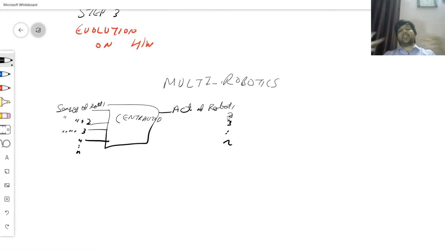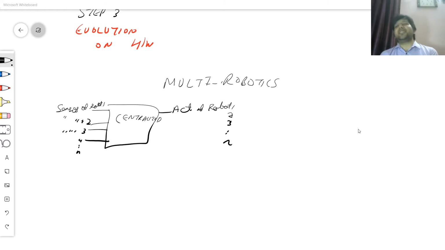All of them give their sensor reading value on a communication channel on a central server. So all of them shoot all their sensor readings, all the sonars, all the light detectors, all the microphones, they all give it on one central server. That server takes all the sensor readings and tells what each and every one of the robots needs to do on the actuator channel. So one system does everything, and therefore it will behave exactly the same as always. So the evolution will remain the same.